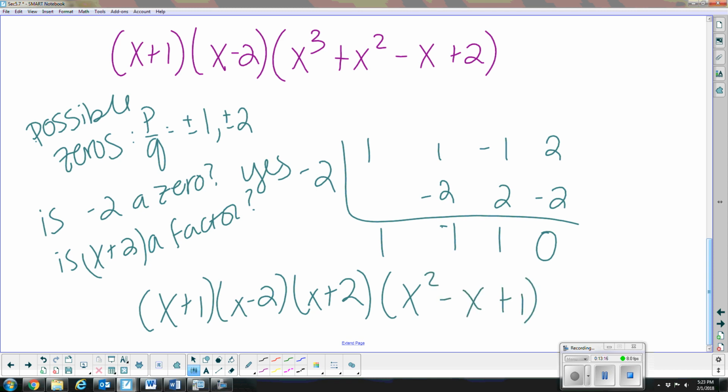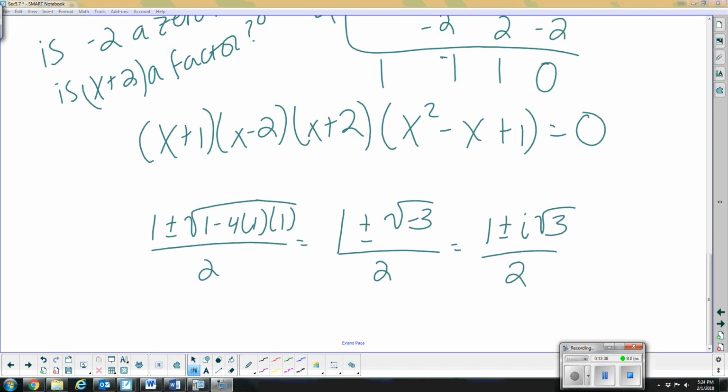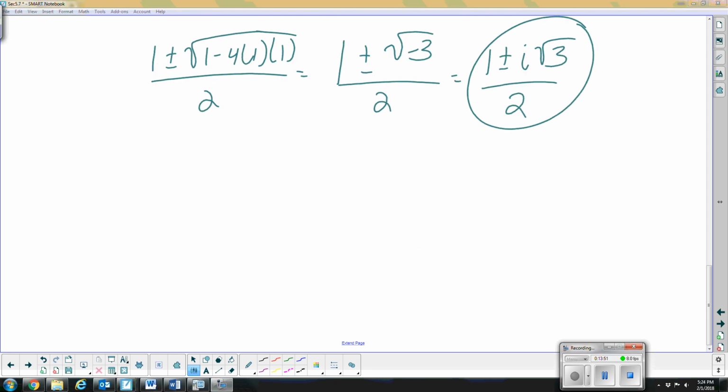All right, now I finally narrowed it down to a quadratic. I've got x squared minus x plus 1, all of that equals 0. So I don't see any factors of 1 that add up to negative 1. So I'm going to use the quadratic formula. And when I do that, I get 2 imaginary solutions: 1 plus i times the square root of 3 over 2, or 1 minus i times the square root of 3 over 2. So if I look at all of my zeros,